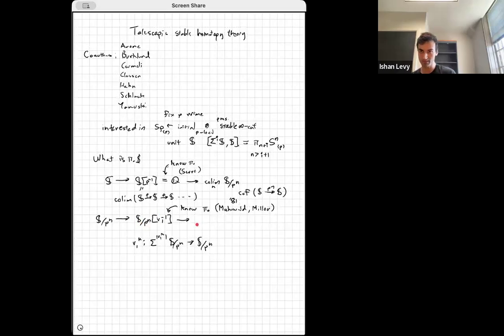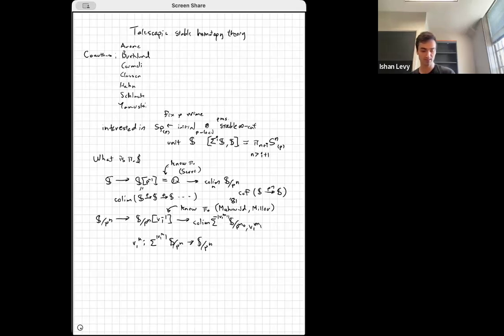And what we missed was the colimit. We sort of missed the homotopy groups of objects that look like the sphere mod some power of p and some power of v1. So namely, it's something like the colimit of, maybe you have this negative suspension by the degree of v1 to the m1.